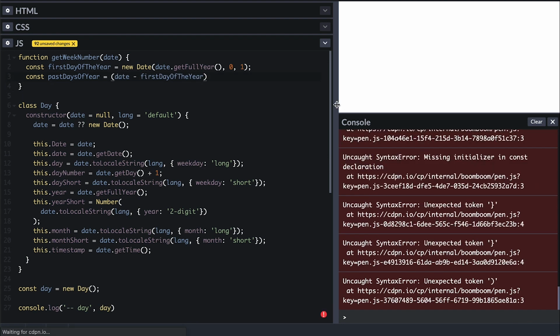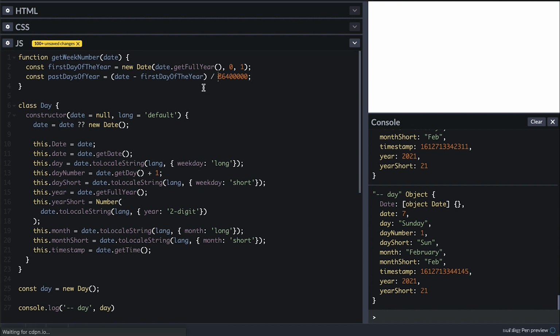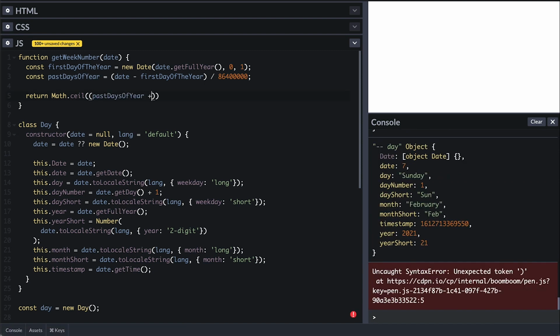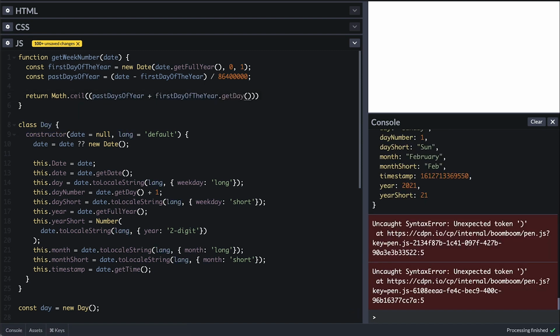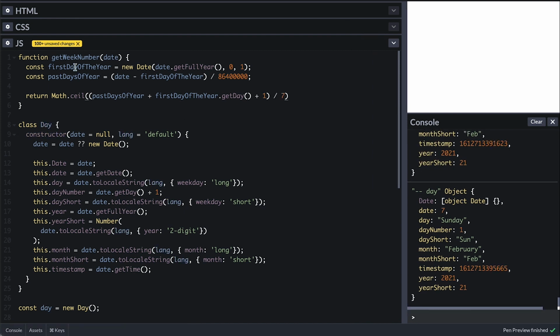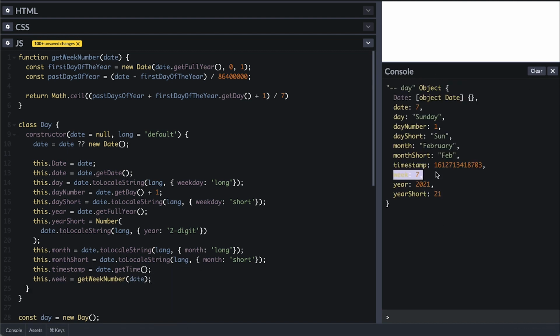And because this is in milliseconds and I need the day, I need to divide this by a day in milliseconds, which is 86,400,000 milliseconds. Now I return this week number, rounding it up, and it is the number of days plus the number of days past this week, call getDay and adding 1 since it is 0 based. And I'll divide all that by the number of days in the week, which is 7. And that gives me the number of the week in the year the passed date is at. If I use this as setWeek in the Day class, we can see that this is the 7th week